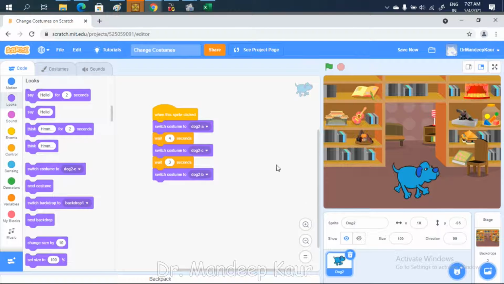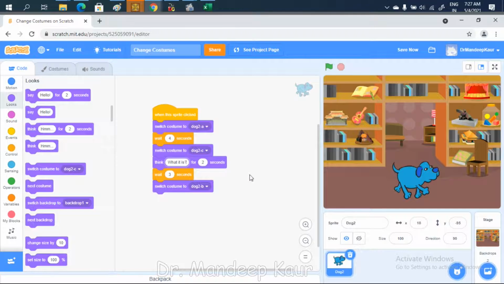So if you want a realistic look here, you can put a simple message when you want to switch this costume to the C part. Here you can say you want it to think something. I am putting it here, and he can think what it is. Fine.